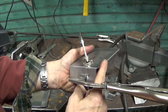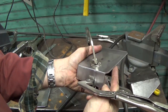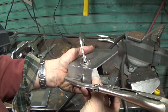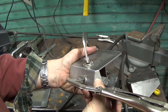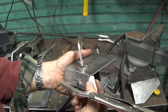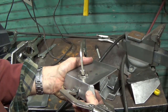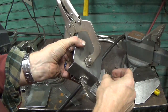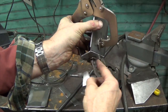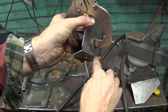These were too long. These were 4 1/2. I had started out at 4 5/8, and I cut them down to 4 1/2, and they were still too long because these did not fit, and I wanted them sitting, and the other one I had them sitting kind of deep in there, and that was kind of a problem. So with this one I want this sitting flush here and here. Can you see that? This up level with that,